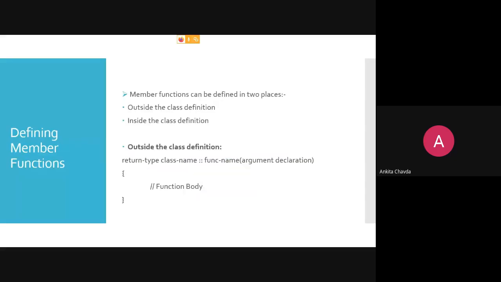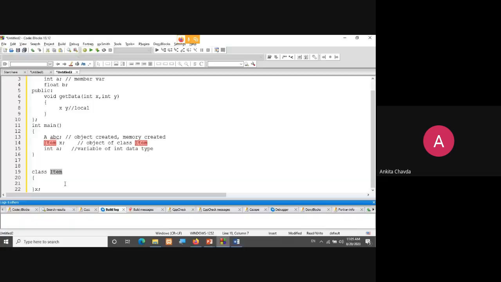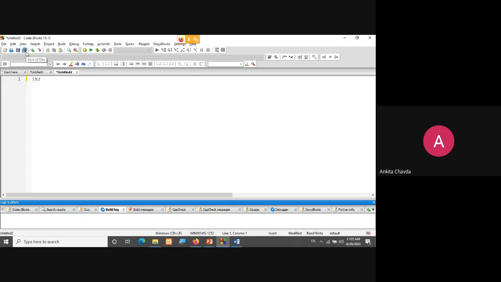So how can you define your function outside of the class? For example, you have your class item. In that you have two variables, integer number and cost.